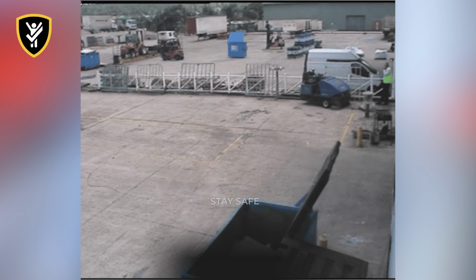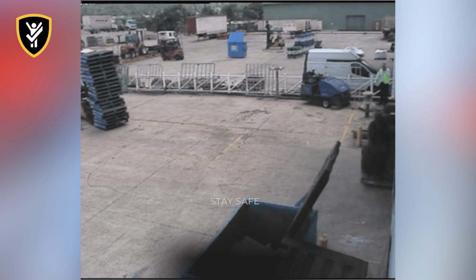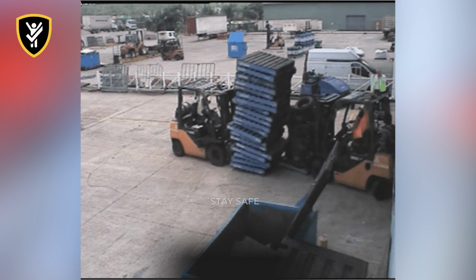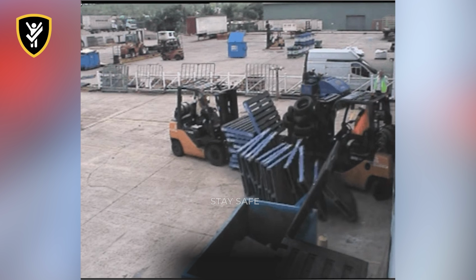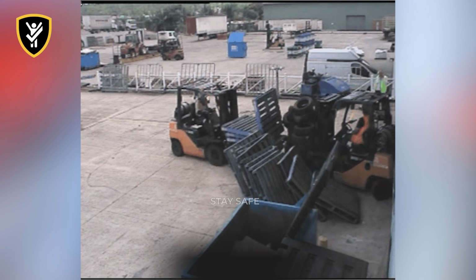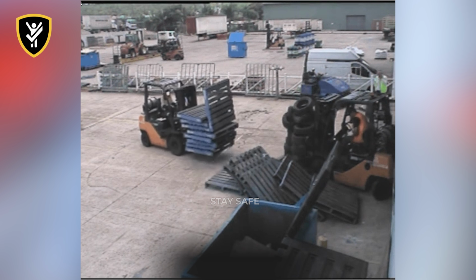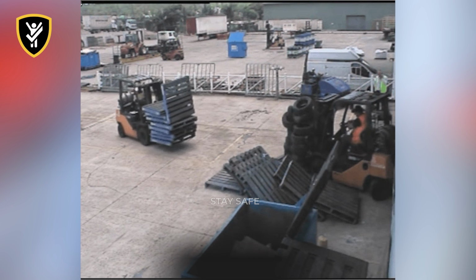In a busy yard, two forklifts move toward each other with blocked forward views. Neither operator has a clear visual of the other's path. Clear sight lines are a basic operating requirement whenever a forklift moves through an active yard. Forcing a heavy industrial vehicle forward with an obstructed line of sight creates a serious moving blind spot